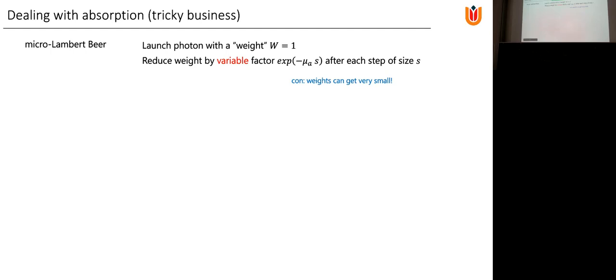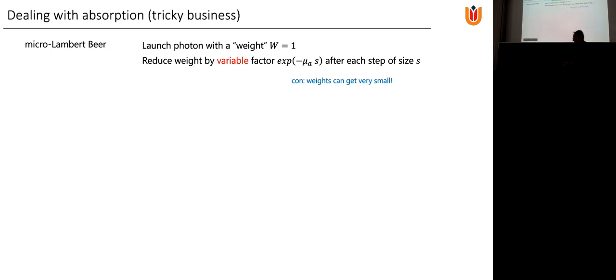We start a photon with a weight of 1. And we reduce it after each step size. So let's say that the photon trajectory contains step sizes of L of S. After each step size, we reduce the weight by a variable factor according to Beer's law, so exponential mu factors. So the weight is